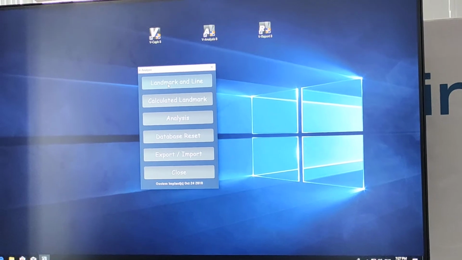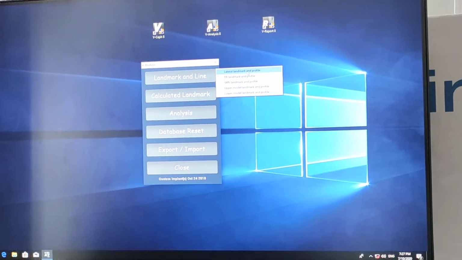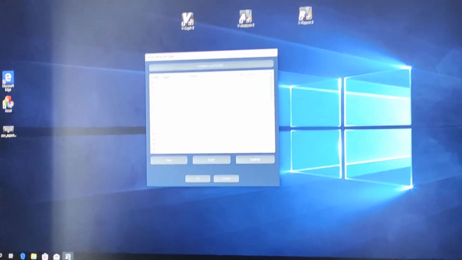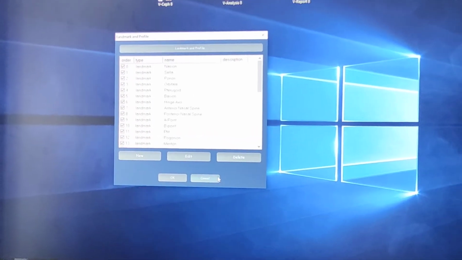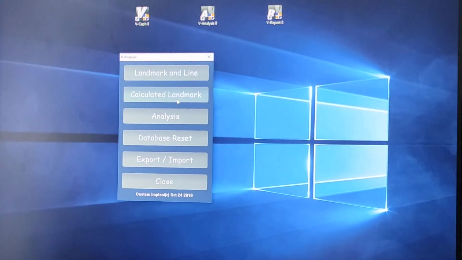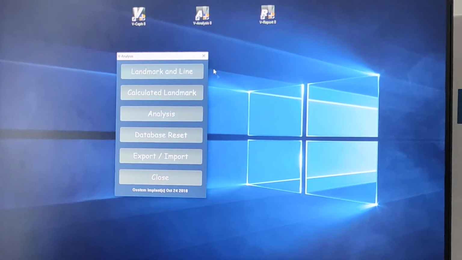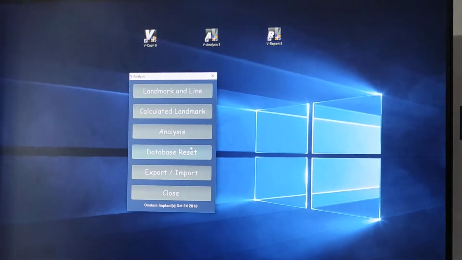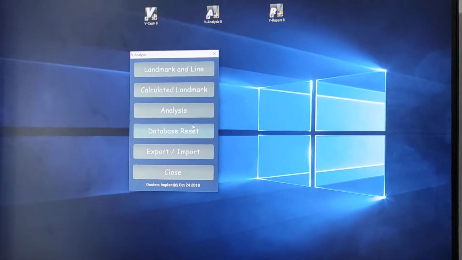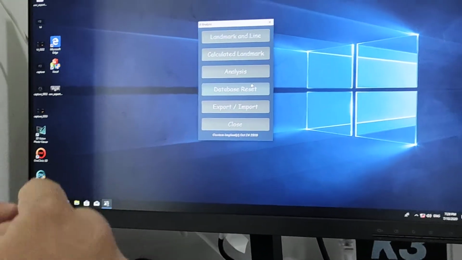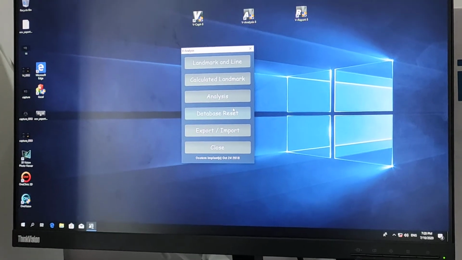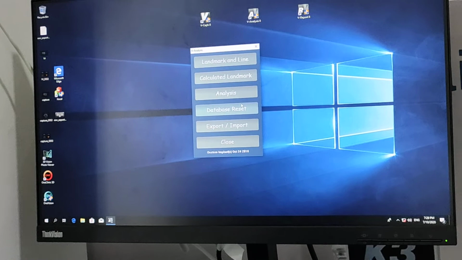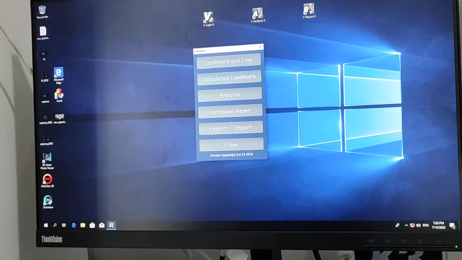Once this analysis program is double clicked, you will have different tabs. These tabs are for addition of landmarks, you can see here addition of the lateral landmarks. You can choose what landmarks to be added, and you can delete whatever landmarks you don't want to see. A calculated landmark is nothing but a mathematical calculation on which the landmark is established. For example, the point where two lines meet can become a landmark, and the degree of the point where it meets can also become a landmark. So yes, you can calculate the landmark.